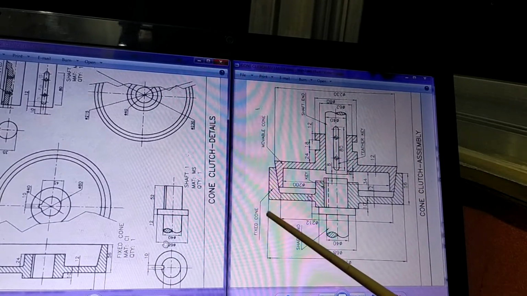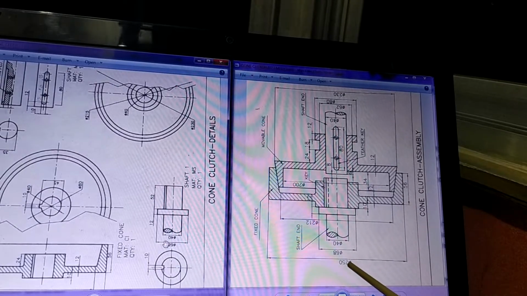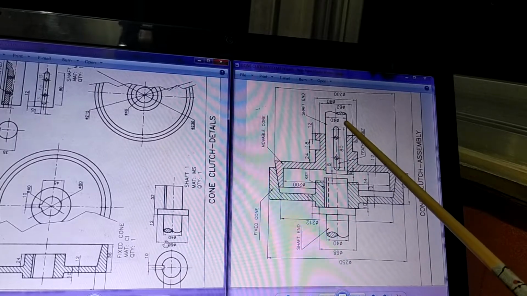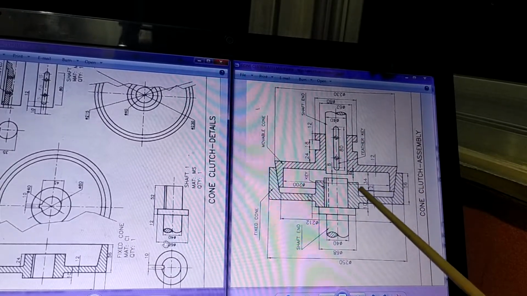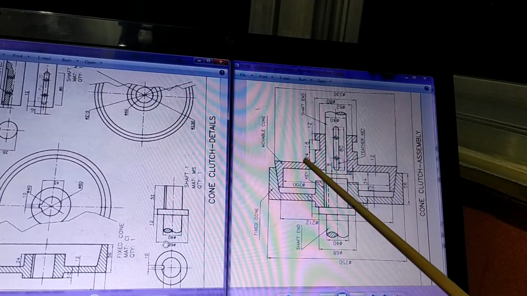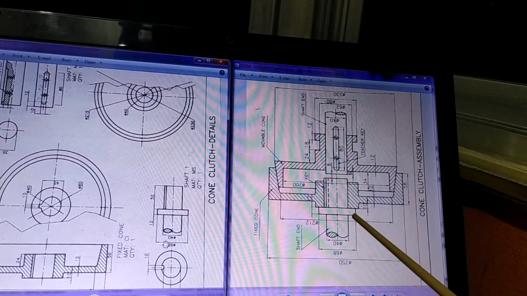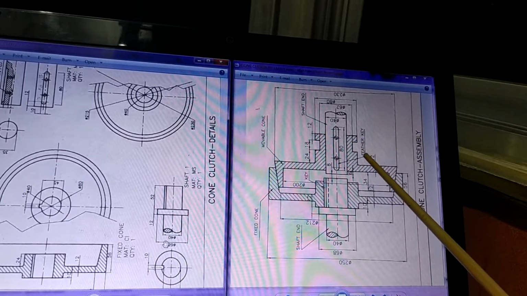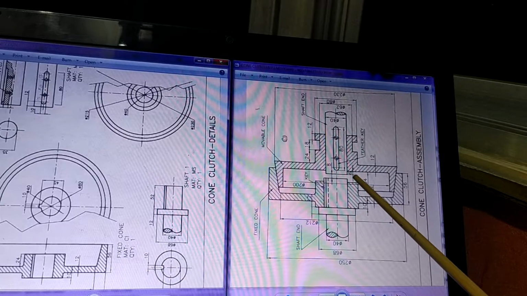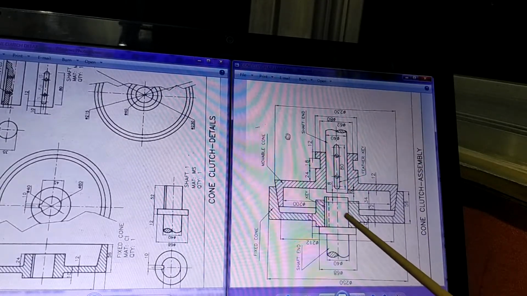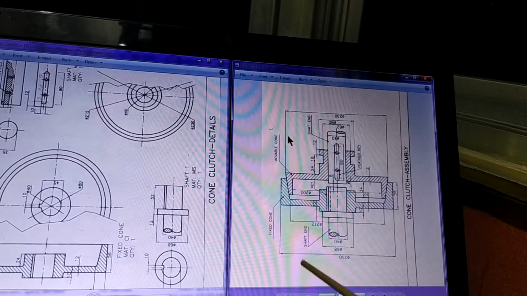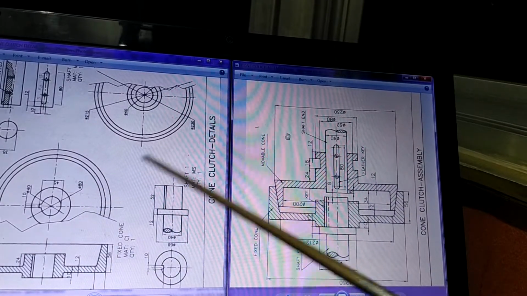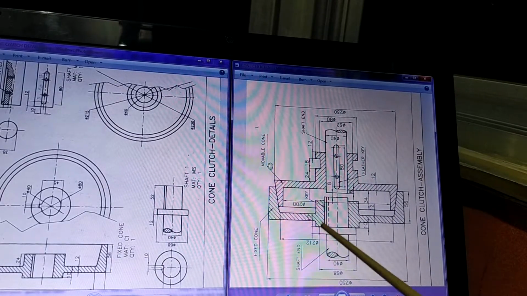For this assembly, the dimension from here to here is an important dimension because that is the maximum dimension along this direction. Similarly, the dimension from here to here, the combined dimension, when you add the individual dimensions, find out from this end to this end what the length is. This is the second dimension you have to mention, and then the third dimension is from the side view. That is not in fact drawn here, but if you see the side view drawn here, it will be something like this. That will tell you the width of the figure. So that completes all the three major dimensions of the assembly.